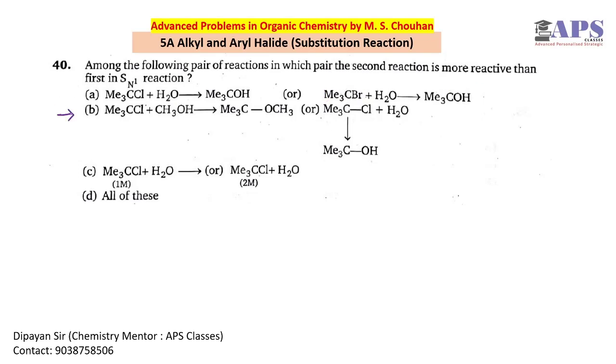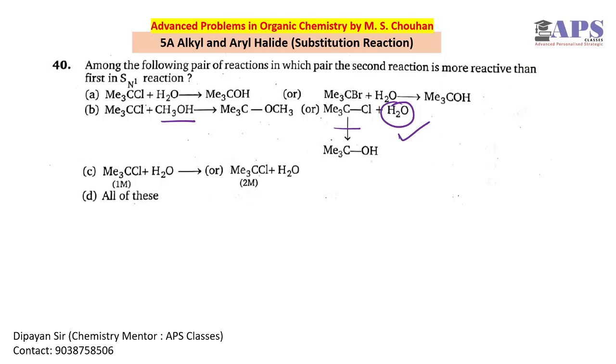Moving forward to option B, here we have tertiary butyl carbocation, tertiary butyl carbocation. Okay, here we have CH3OH, here we have water. Okay, or we can think about this as the medium, which is more polar. Okay, if we don't think about the nucleophile, we can think about the medium. So this is a more polar medium, this is a less polar medium. So the more the polarity of the medium, the more will be the rate of the reaction. So water is more polar than methanol. So we can safely say that in this option also the second reaction rate will be higher compared to the first one.